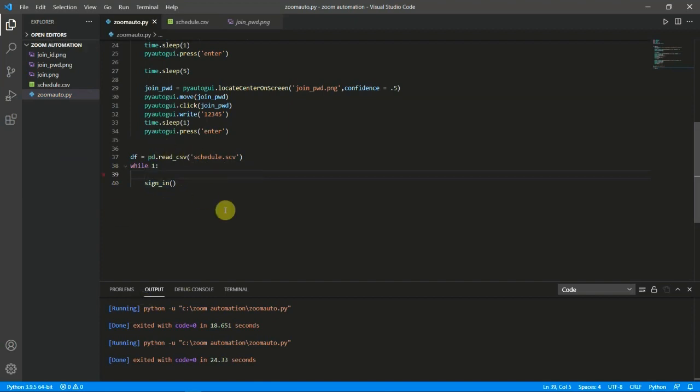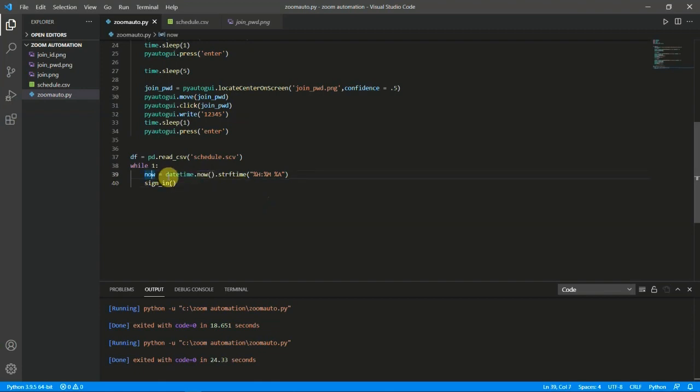so that it keeps checking the time. Now initialize the time to a variable. So now is equal to datetime dot now dot strftime, inside double quotation marks percent H colon percent M space percent A. So this is basically fine.